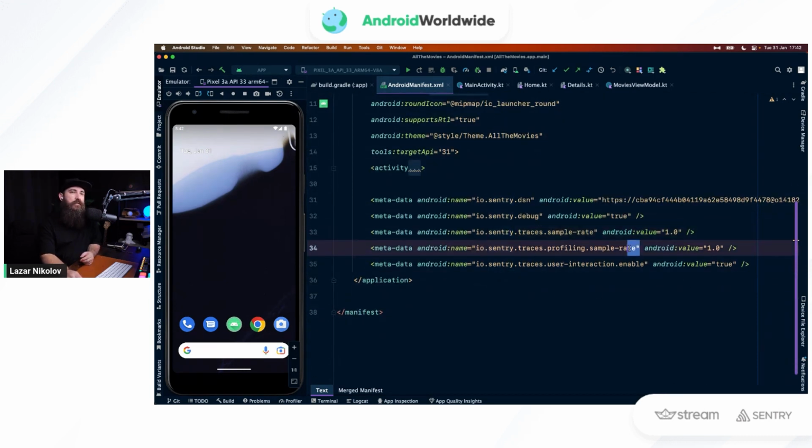Then we have a sample rate for the profiling. This is for the performance measuring. Same thing, 1.0 means 100% of the profiling traces are going to be sampled. Yeah, put it in 0.3 or 0.4. I don't know. And then we have the user interactions flag, which is an integration that